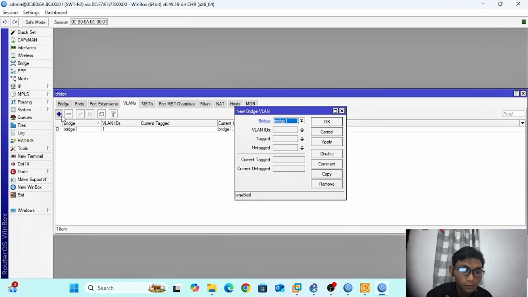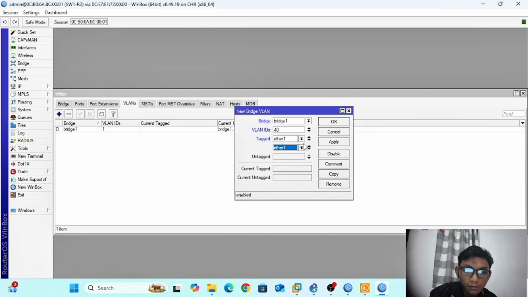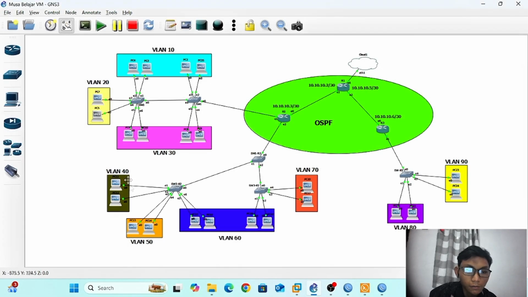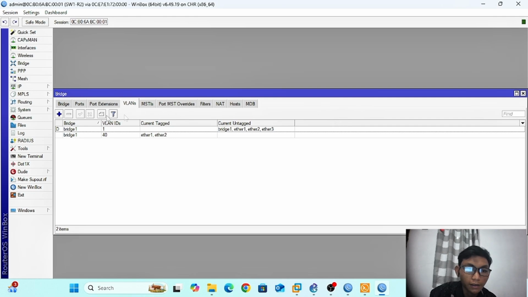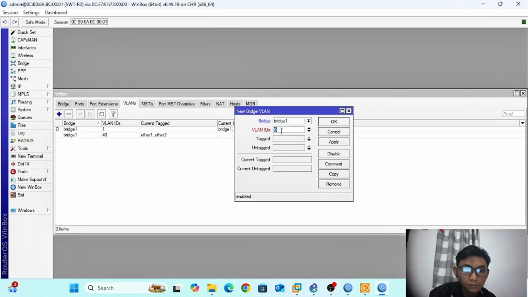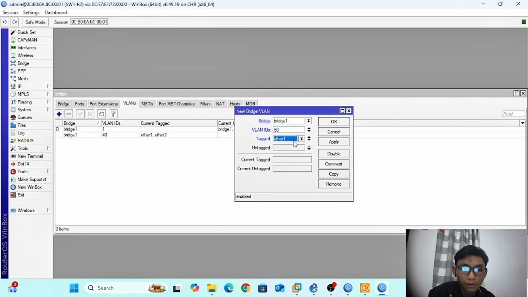We go to bridge VLAN, tagged ether 2 because 40 is in ether 2. Apply. Again, 50, same.